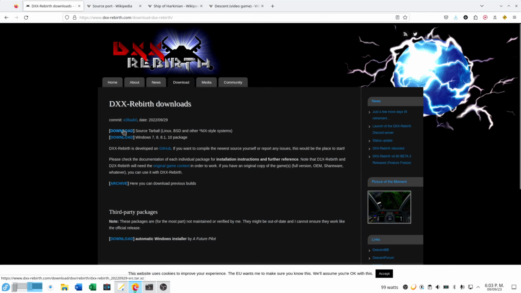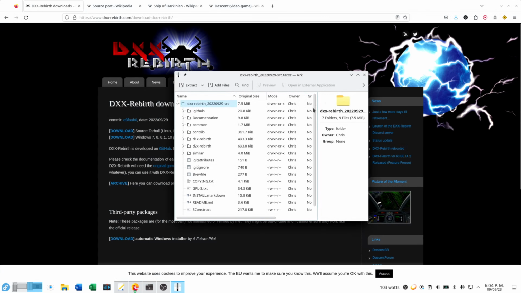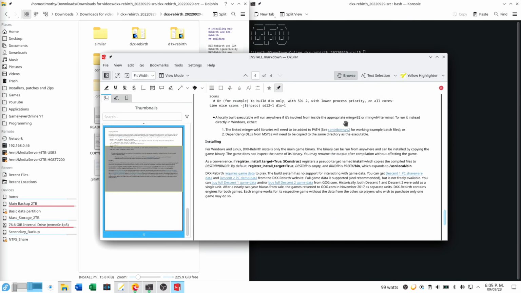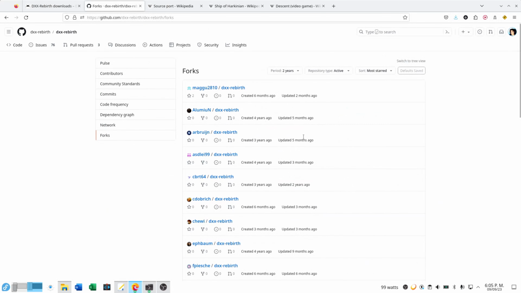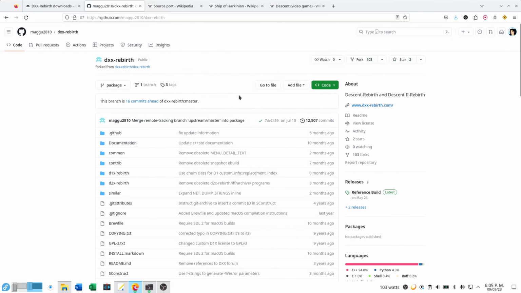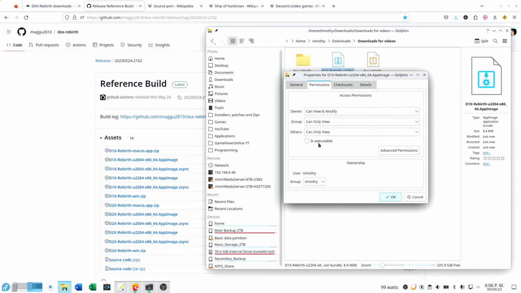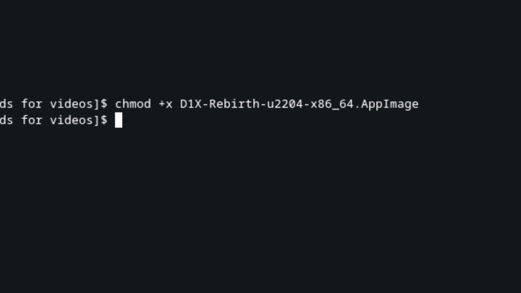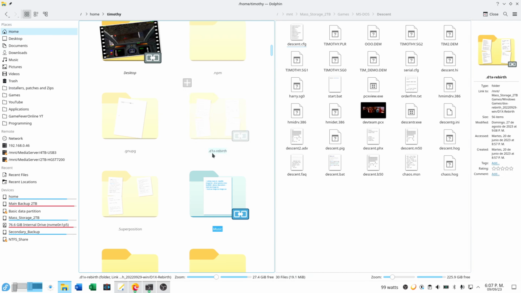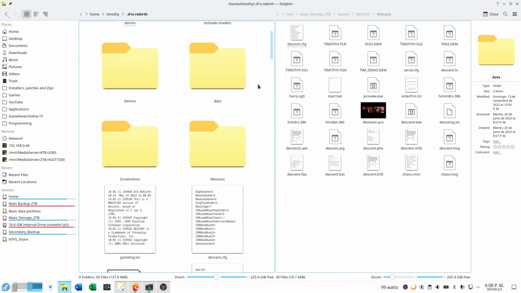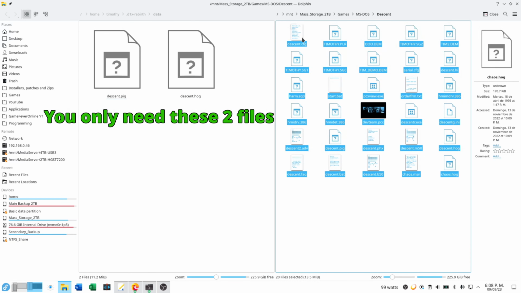On the website it gives you a link to the source code, so you can compile it yourself. However, even though that is not that hard to do, I use an easier and more convenient option. I found a fork project that has precompiled app images, which are kind of like exe files. That's what I'll use. With the app image, you just give it executable permissions and just run it. But you do need to copy the data folder from the original Descent to the folder in your home folder. That folder is normally